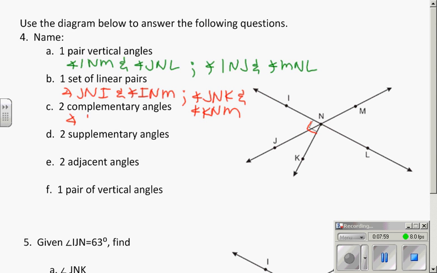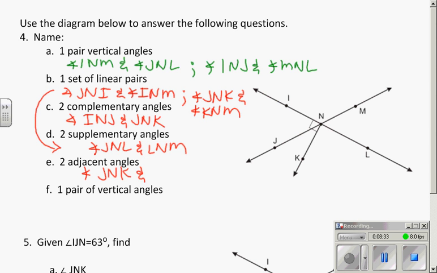Complementary angles, remember, add to 90. This is the only pair I know for sure adds to 90. Angle I and J and angle J and K. Supplementary angles, easiest thing here is just to use all your linear pairs, but we also could use, for another example, angle J and L and angle L and M would be another pair of supplementary. Adjacent angles are any two that touch. So angle J and K and angle K and L would be a pair of adjacent angles. Remember, they don't need any specific relationship. They just need to share a side. And one pair of vertical angles, the easiest vertical pair would be those. There are others, angle I and J and